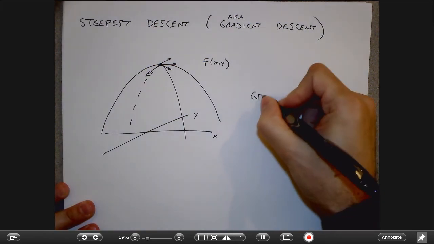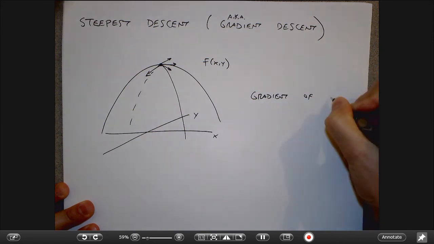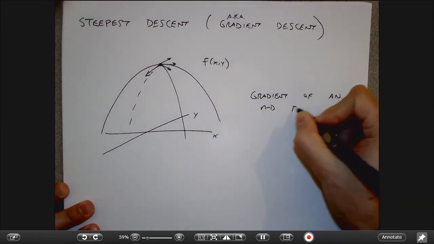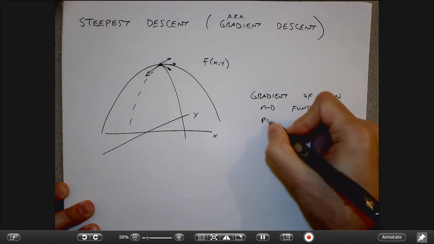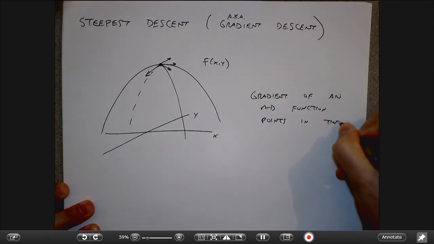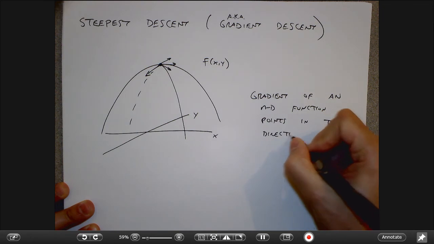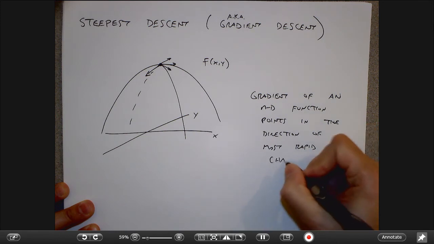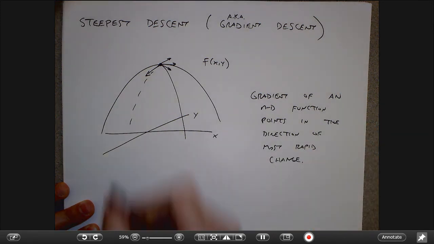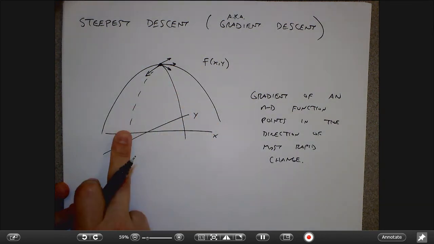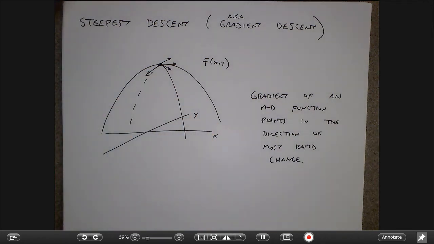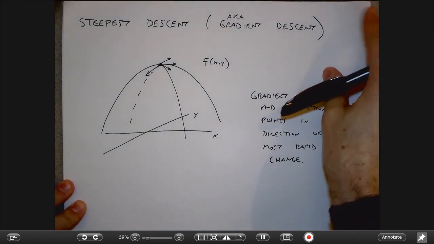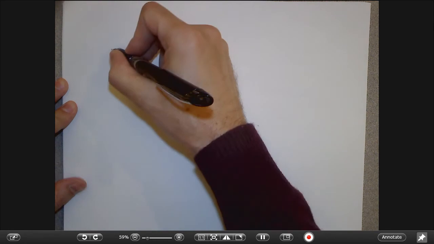So the gradient of an N-dimensional function points in the direction of, I would say, the most rapid change is the best way to think of it. I drew this like an upside down bowl, but if I drew it like an actual bowl, what I want to do is imagine that I want to arrive at the minimum. Maybe I should draw this slightly differently. So if I drew this as an actual bowl,